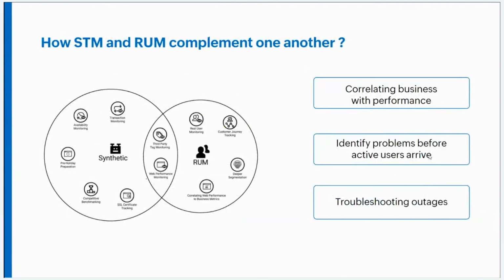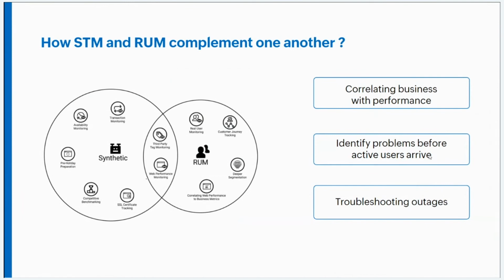So now let's see how synthetic transaction monitoring and real user monitoring can complement one another. Correlating business with performance. Synthetic monitoring can provide the performance data that will enable you to pinpoint problems with page load time or network bottlenecks. However, if you want to analyze exactly how web performance impacts business revenue, then you need to know more than synthetic transaction monitoring metrics. Since real user monitoring is generated through real user traffic, it provides essential insight into real business metrics such as conversion rates,